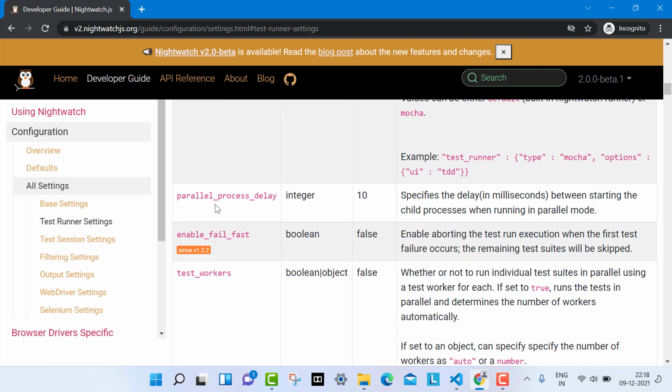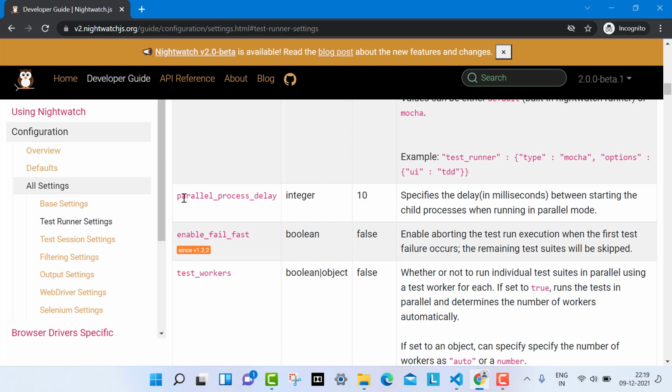Now come to the parallel process delay. This means that once you are running your tests in parallel, suppose you are running 3 or 5 clients at a time, and you want the clients to be delayed in opening, then you have to specify it, and the time will be given in milliseconds.